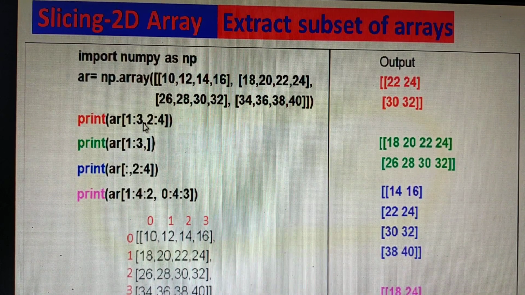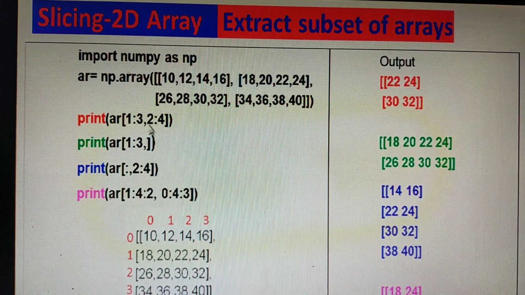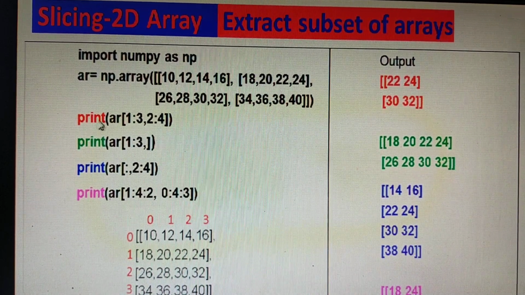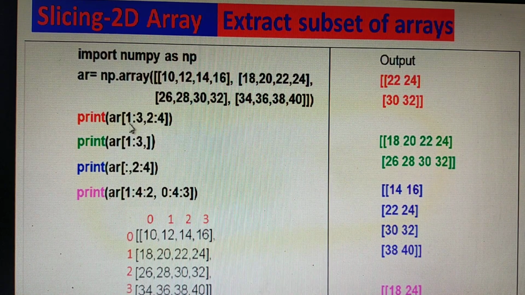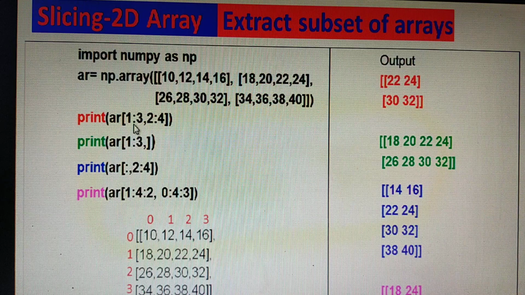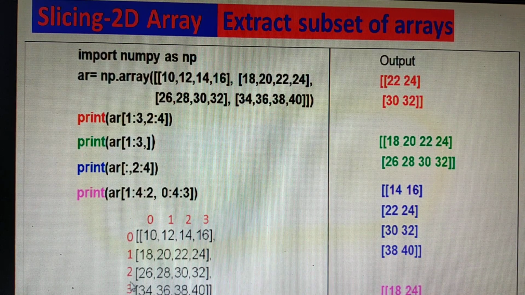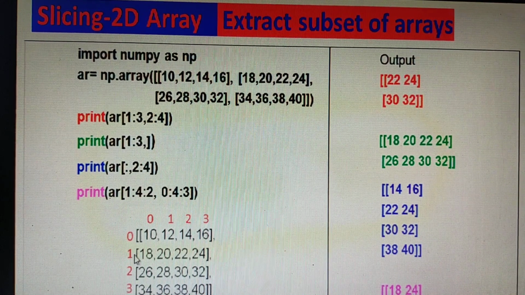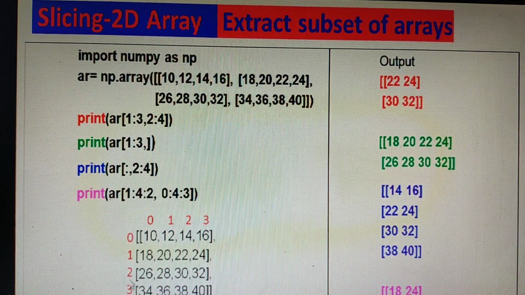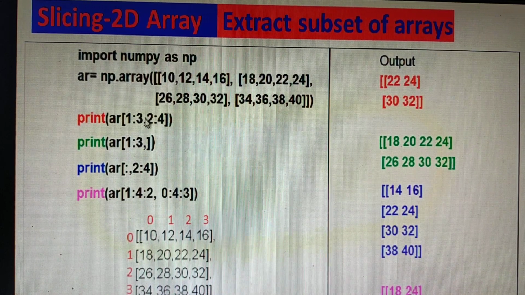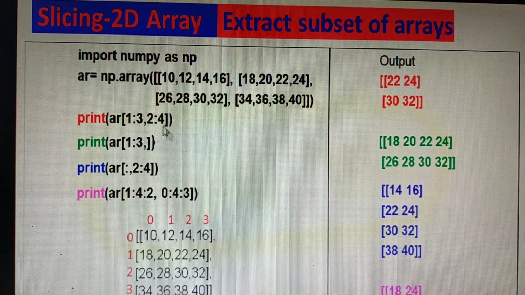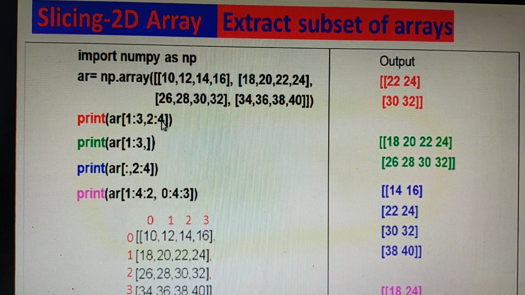To extract any subset, meaning a range of data, here it is written 1 colon 3, meaning rows 1 to 3. But it will include only 1 and 2 because the last number will be excluded. And 2 colon 4 will include columns 2 to 3 only.